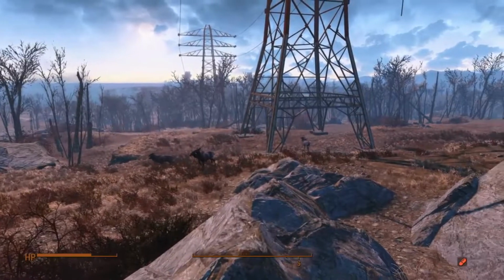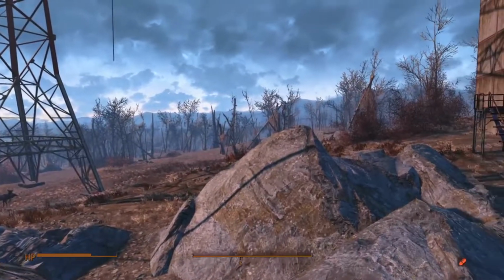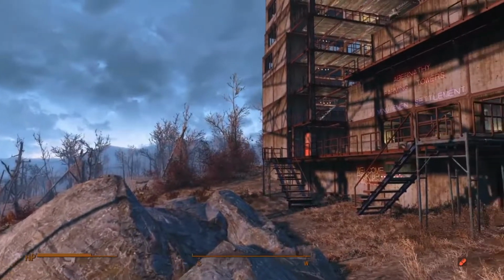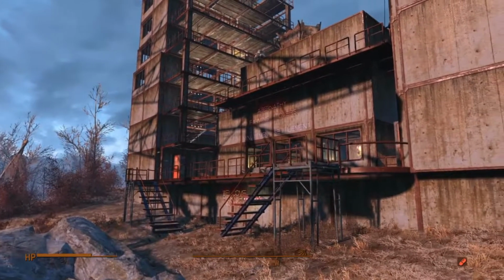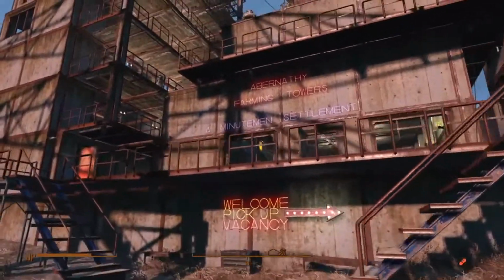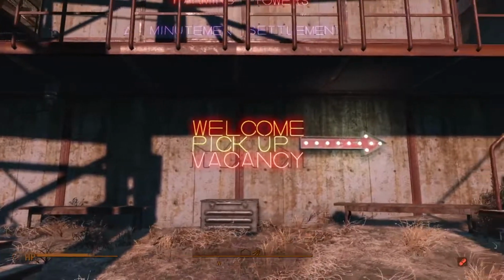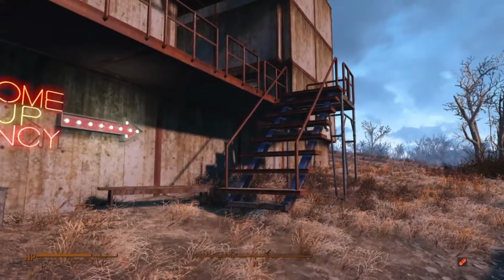Okay, so here we are now at this awesome construction. This is a farming settlement. This was Abernathy Farm. Now it's Abernathy Farming Towers. We have 2 entrances. One is a pickup. One is your regular